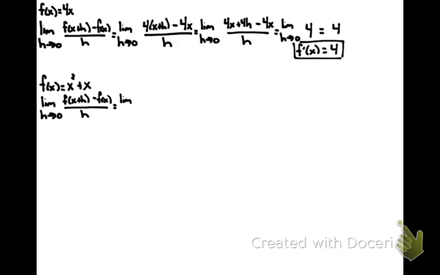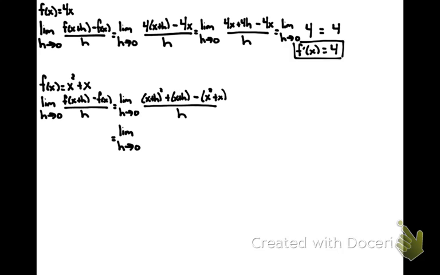When I substitute in, I'll still have the limit as h goes to 0 because I haven't taken the limit yet. And I'll have x plus h squared plus x plus h, that's f of x plus h, minus x squared plus x all over h. Kind of an ugly looking thing, but nevertheless, as we keep simplifying,